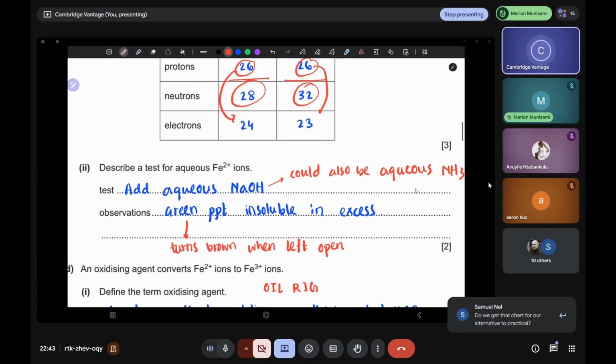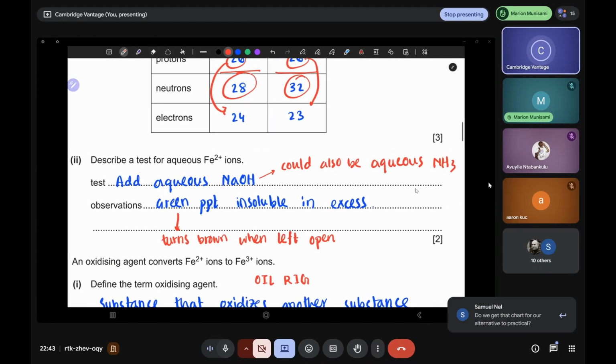So what did the question ask over here? Yes, I have seen that in the recent papers they are providing the chart for ATP papers as well. So in some way you don't have to memorize it, but here's the thing, for paper 4 you're not getting the chart, so you do have to memorize it at one point, so why not just do it from the very beginning. All right, so the test that they're asking for is the test for Fe2+ ions,